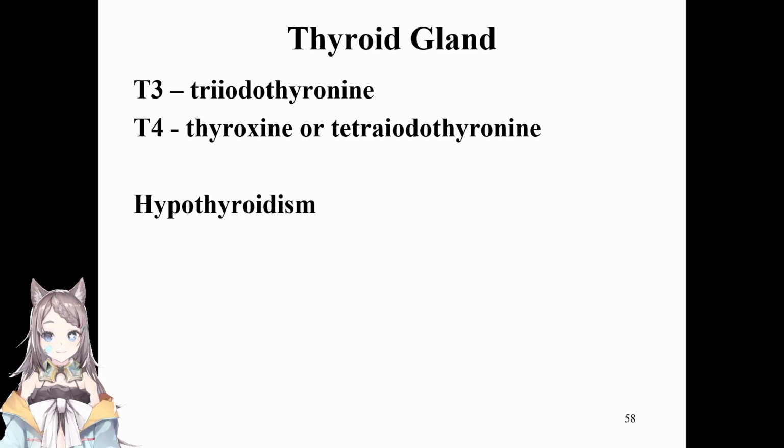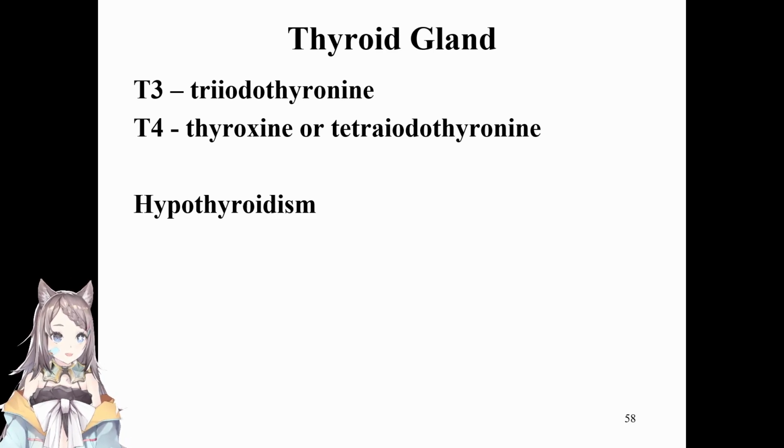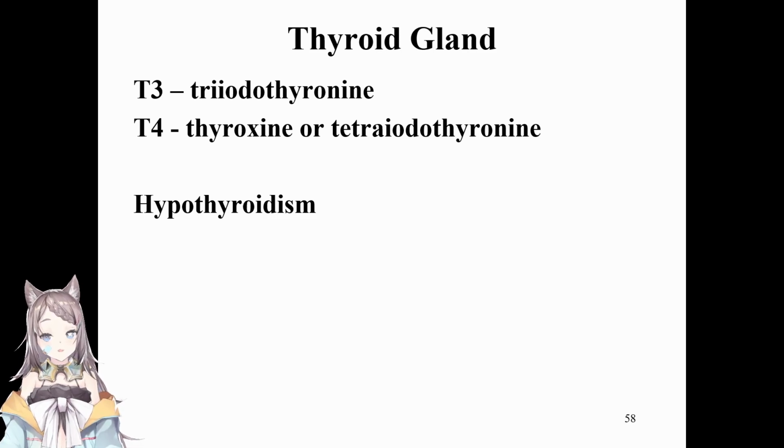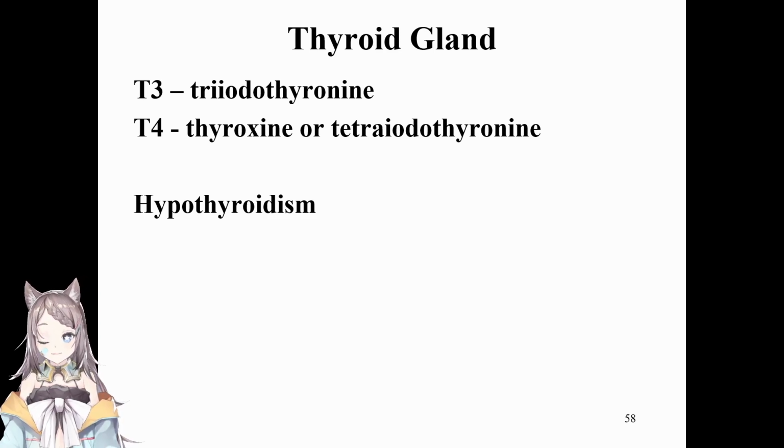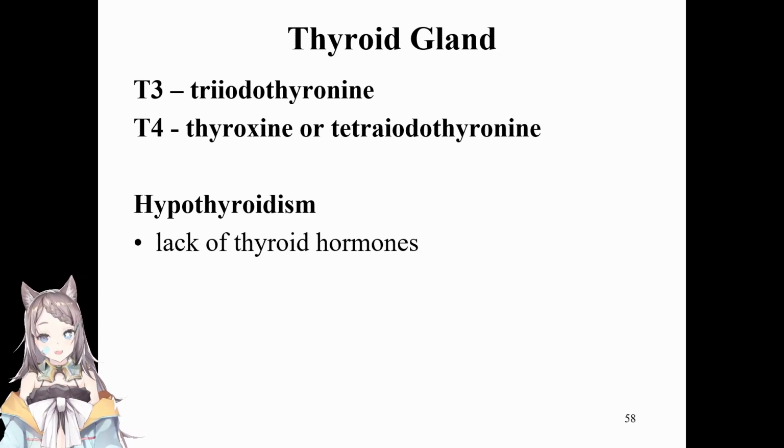Okay. So, please focus on the next part. Abnormalities in our thyroid gland are very common, especially in women. So, knowing these common signs will help you decide in the future, if you're a doctor, what is the probable disease. So, hypothyroidism is a lack of thyroid hormones. You lack T3 and T4. Okay, it is very simple to treat. Simply give T3 and T4 in capsule or tablet form.